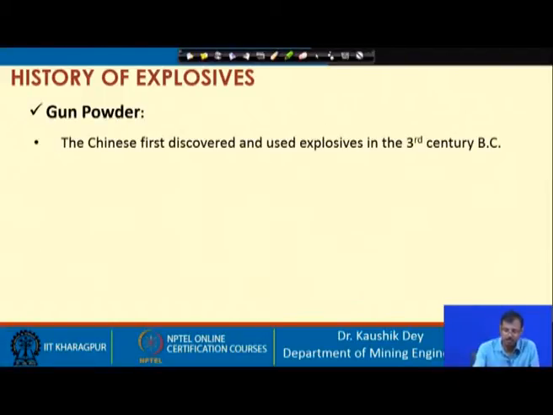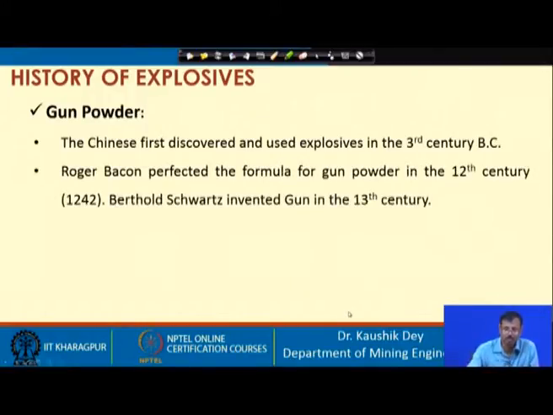So it was invented and utilized by the Chinese people, and they concealed the gunpowder technology amongst themselves. Since the 12th century, Europeans stole it, and Roger Bacon perfected the formula of gunpowder during the 12th century. So, for the first time it was taken from the Chinese to Europe, and then Europe started using the gunpowder,